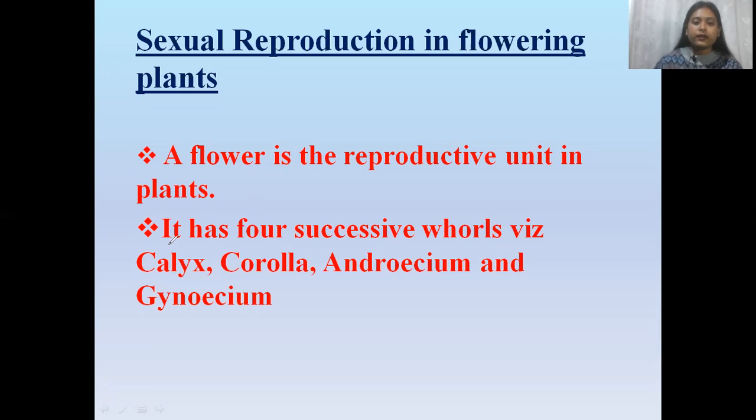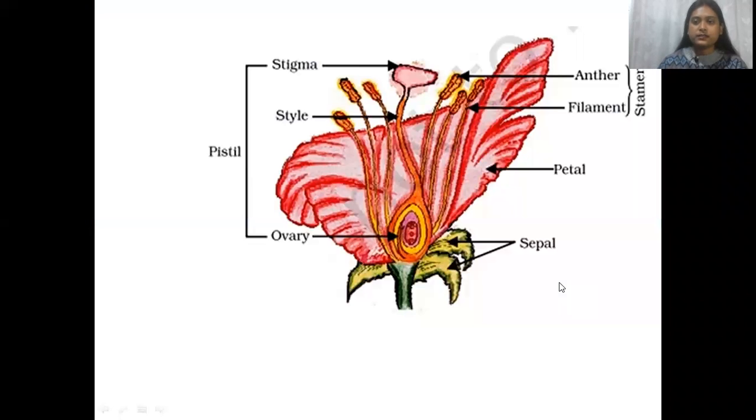The second point says that it has 4 successive whorls, namely calyx, corolla, androecium, and gynoecium. So there are 4 successive whorls: calyx, corolla, androecium, and gynoecium, these are the constituents of a flower. It can be understood by the following image, which I'm going to display now. So this is an image. Here you can see it's a complete flower